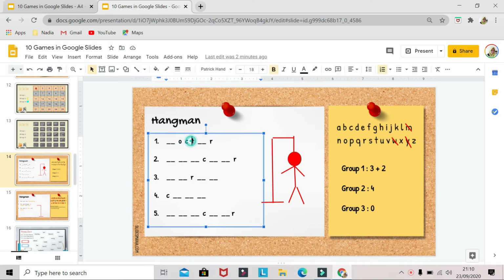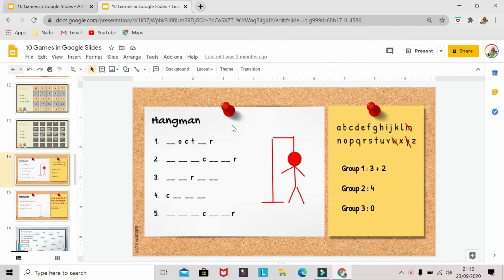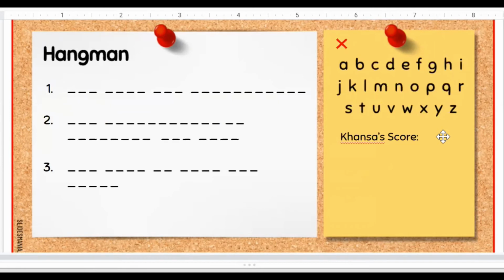Okay, if the alphabet chosen is not part of one of the words over here, the teacher can draw the hangman. You just choose a letter and tell me. Yeah, so you have to guess the sentence after you choose the letter.